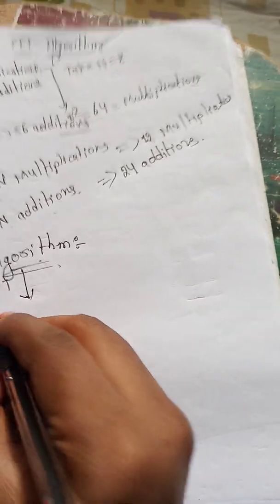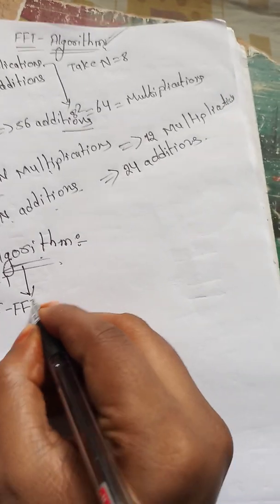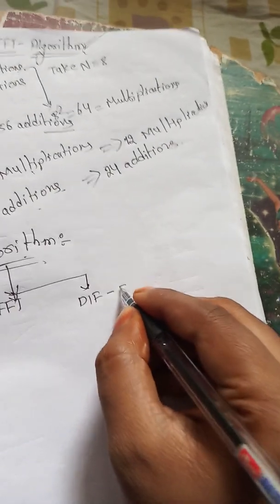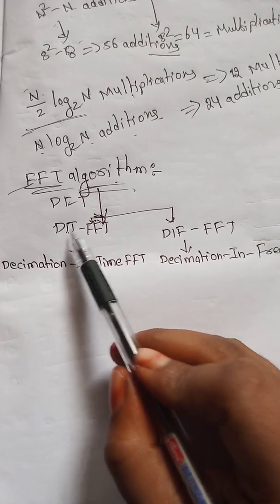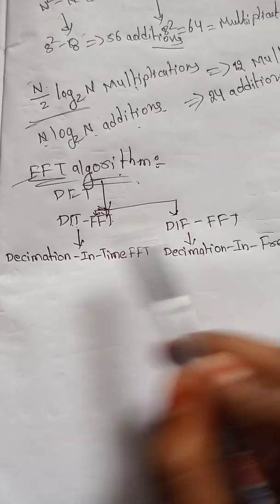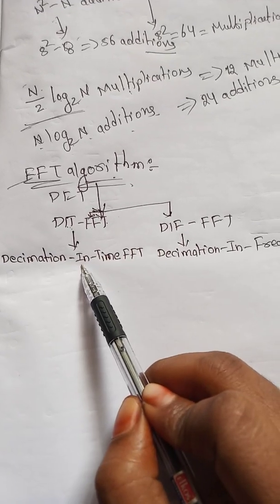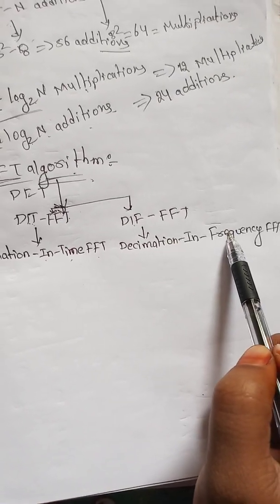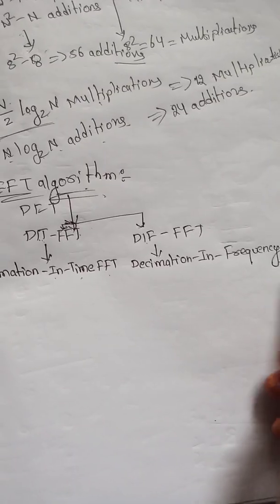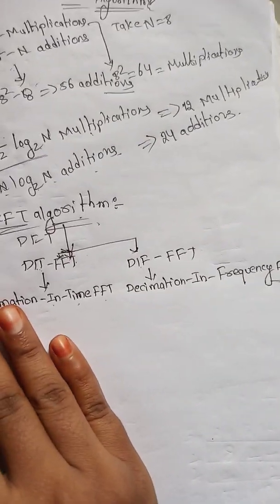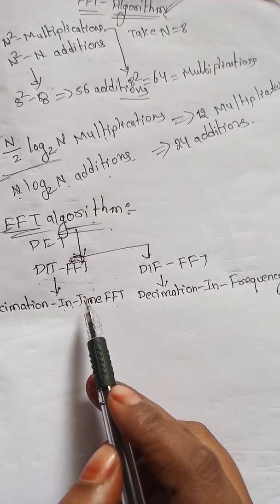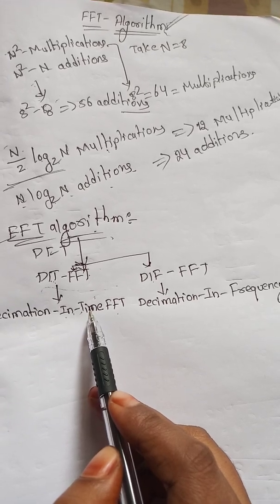algorithms. One is DIT FFT and the second one is DIF FFT algorithms. DIT is nothing but decimation in time FFT and DIF is nothing but decimation in frequency FFT. Both these algorithms have 10 steps to design the butterfly structure and find the DFT sequence for the given